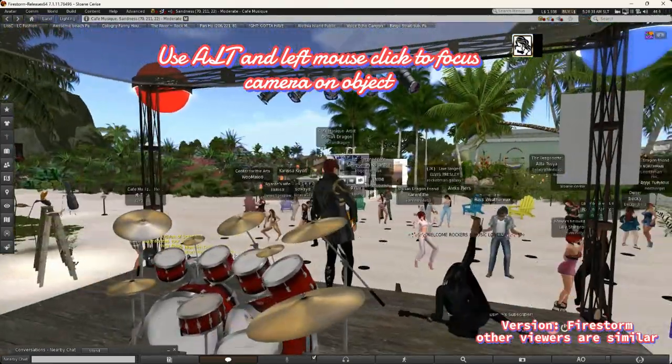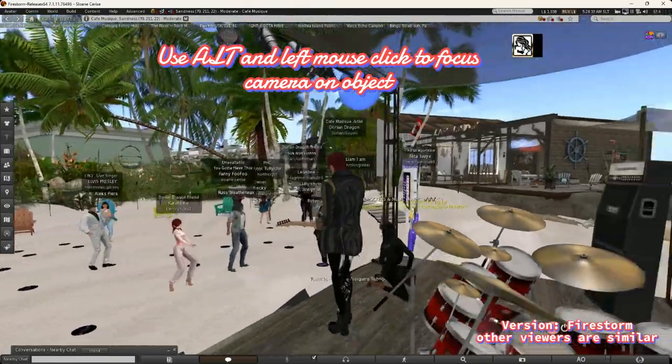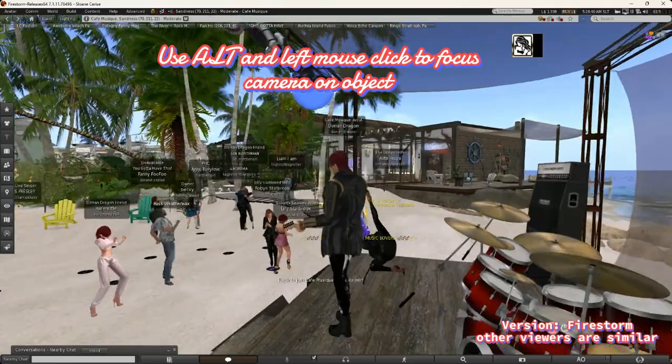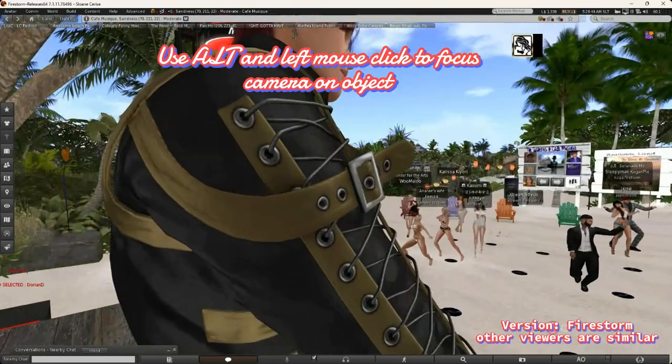So using the Control Alt left click or the Alt left click, both of those help you swivel around and zoom in and out quickly